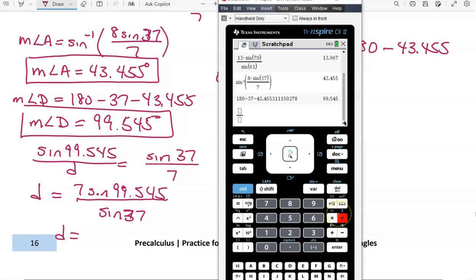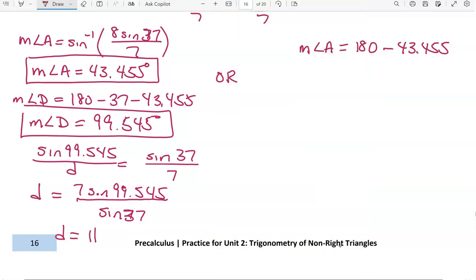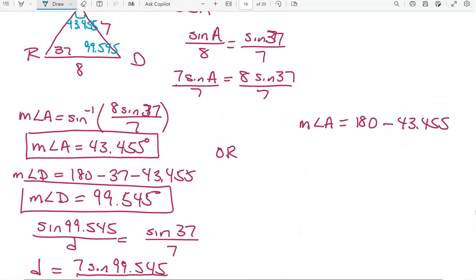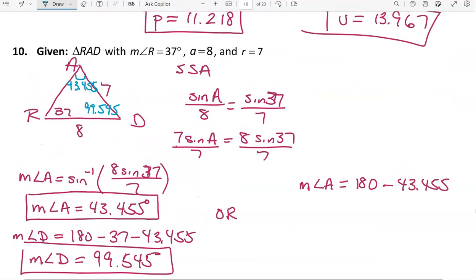Control divide for a fraction, 7 times the sine of, and this is an approximate value, so I want to make sure to use the answer feature here, divided by the sine of 37 degrees, and that side measures 11.470. Now that we have that third side, I'm going to label it in the diagram 11.470,